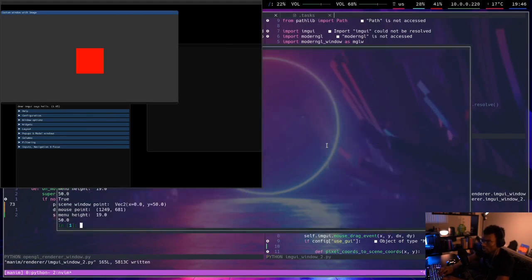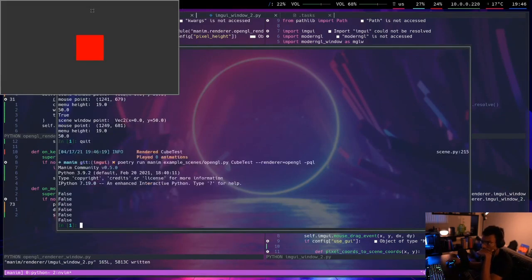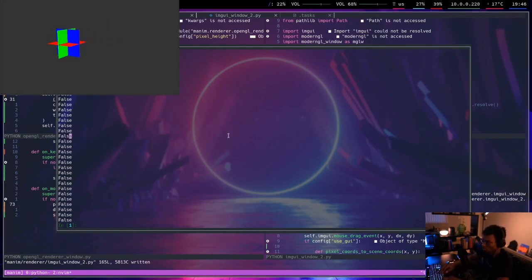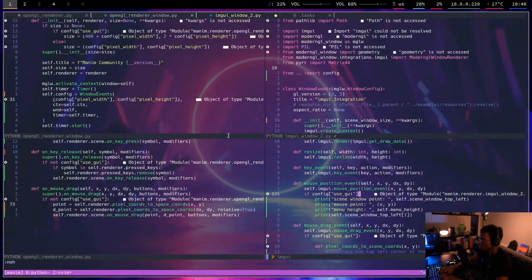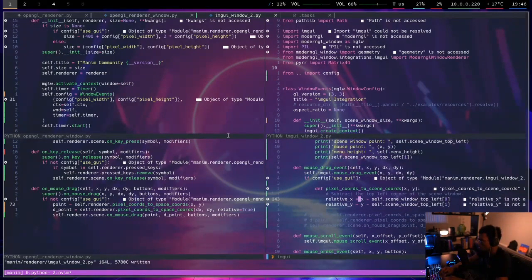Here it's fine. Yeah, it's false. I guess it's only if I... Oh no, okay, it's working now. Great. I probably just didn't save something. Okay, minus self dot scene window top